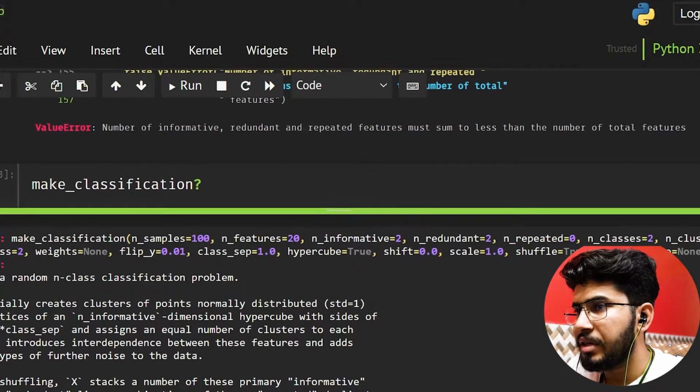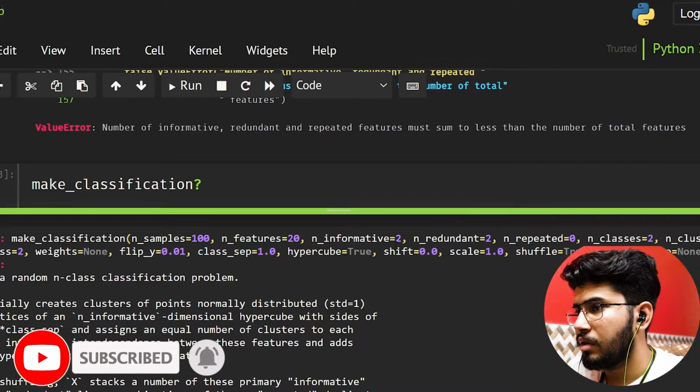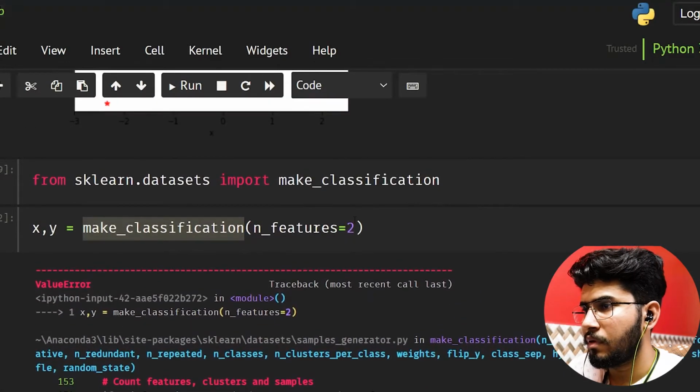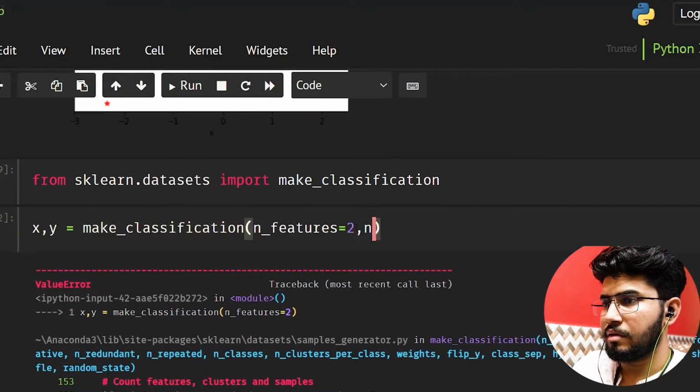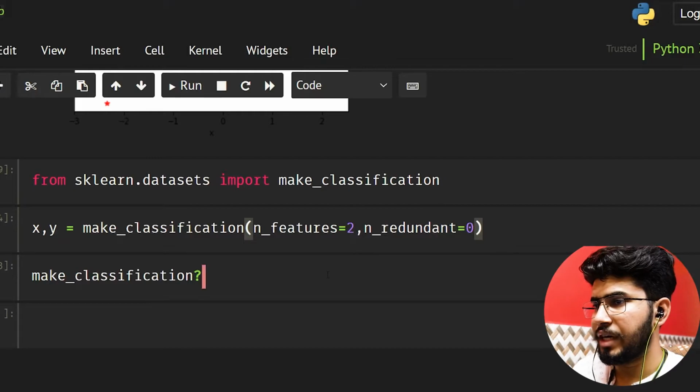The error says the number of informative, redundant and repeated features must sum to less than the number of total features. So we have two features, so we can set redundant to 0, I guess. Let's take n_redundant equal to 0, and we have our data now.